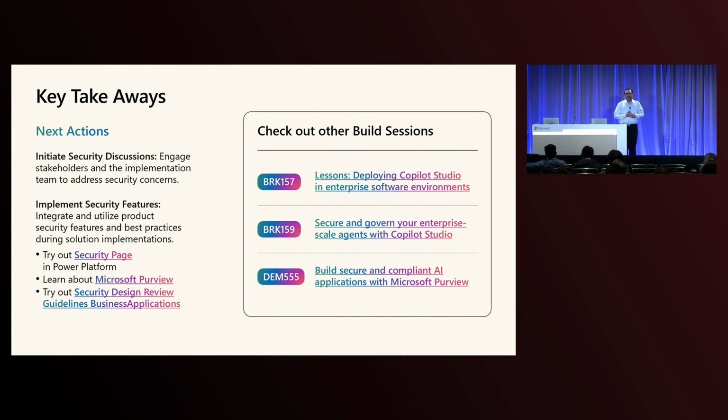The third thing is the security hub page, which I have showed you. It's available in public preview. Please evaluate it and use it. Then Microsoft Purview: use the trial, and try to see where you can build it in or incorporate it with your application. It gives you pretty cool insights about data protection once some agent or application is live. Lastly, the security checklist. It's available, so try to use it, expand it, and customize it.